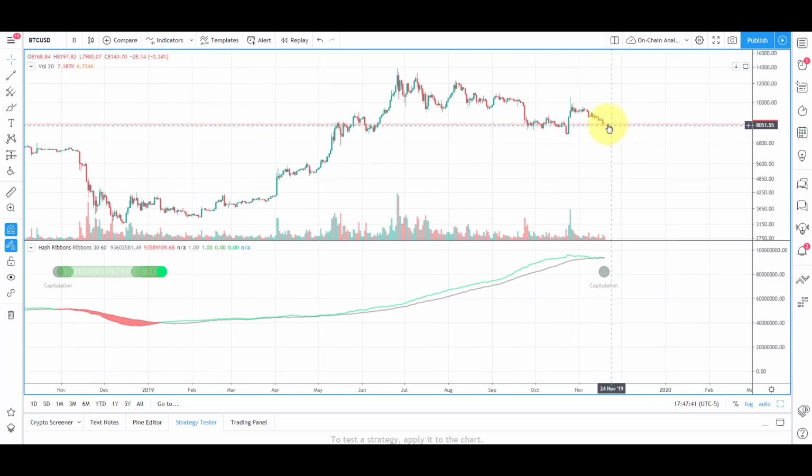the risk would be this rolls over and we might see that 6,400 level, and only because that would be kind of like the floor of the mining costs. And that's typically where price finds the bottom on these types of setups. Okay, so just bear that in mind. Just something to be aware of. I'm not saying that this is going to happen or it's going to roll over to 6,400, but